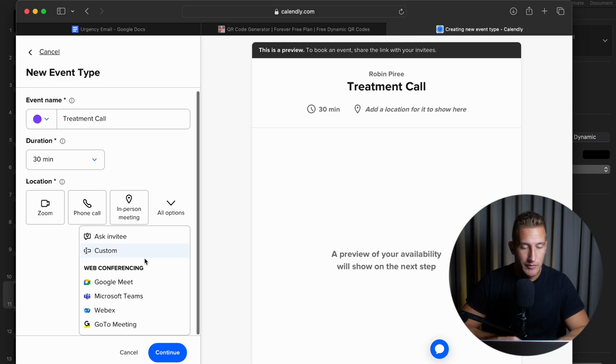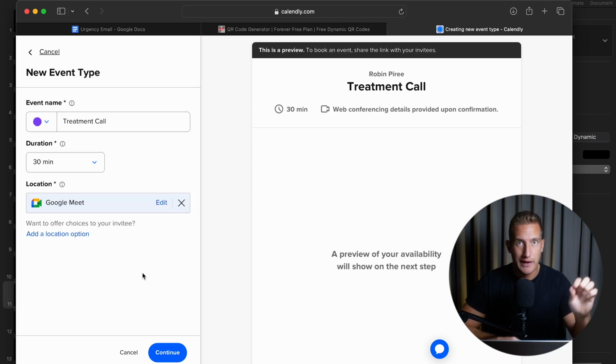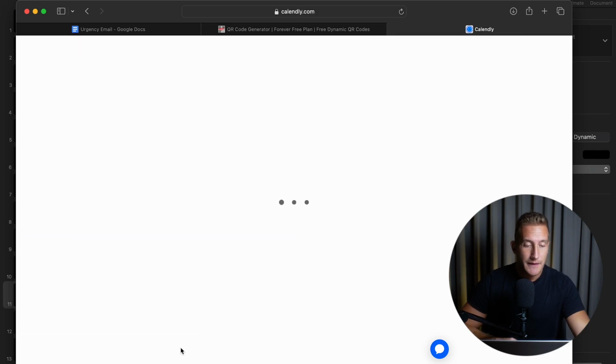And if you do Google Meet and you connect your Google Calendar, then it will automatically generate a Google Meet link as well. And then once the other person accepts the call with their details, then they will automatically receive a Google Meet link as well.